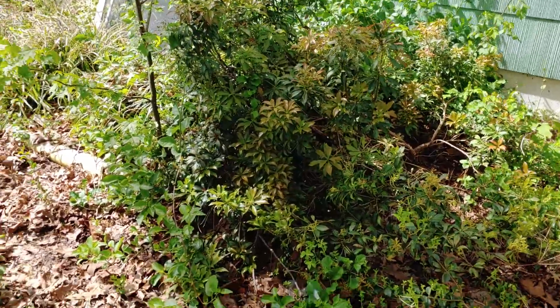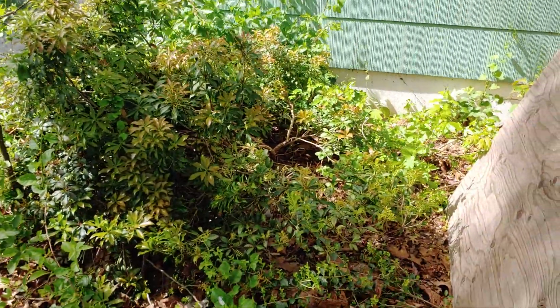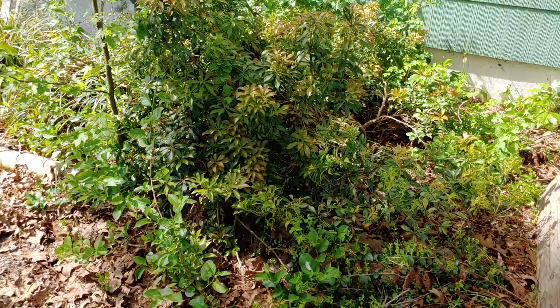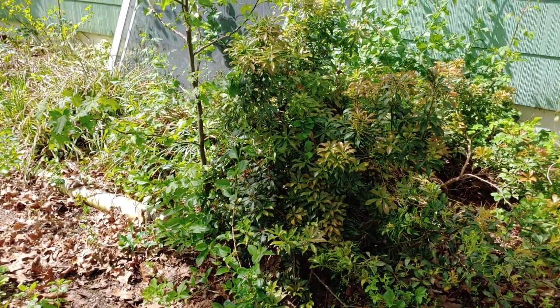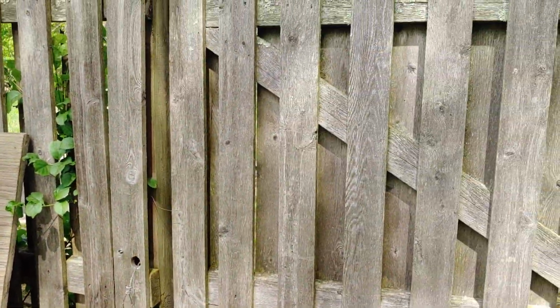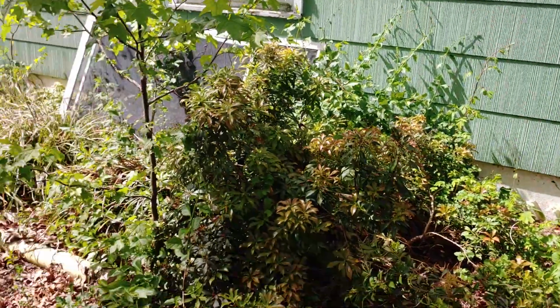and renovating it. This is actually the first time I've been here. This video is of the front side yard. This is the gate to the backyard. So now in front of the side yard,